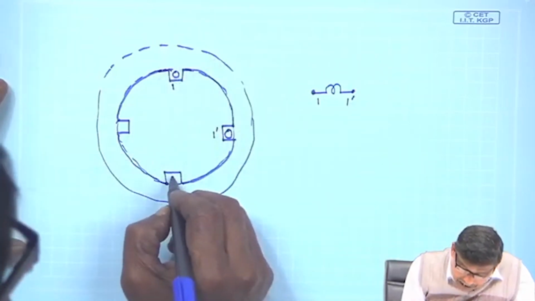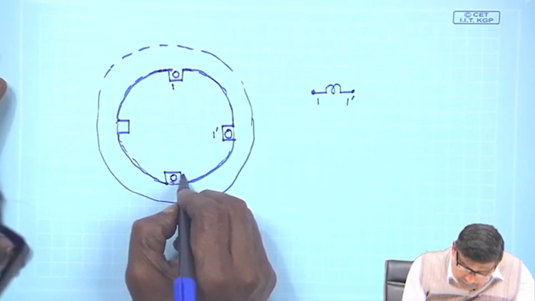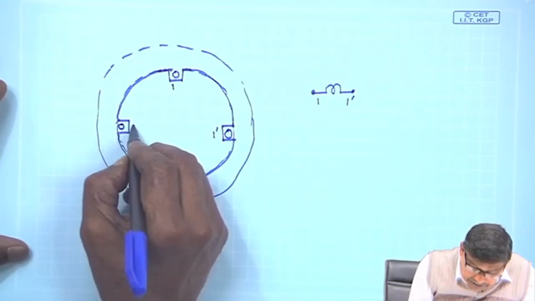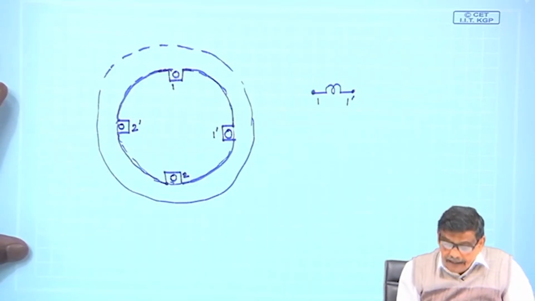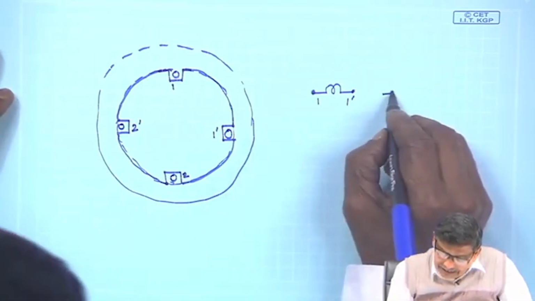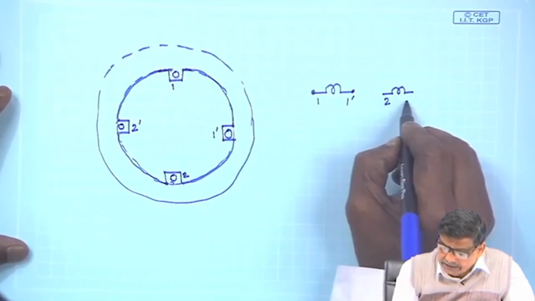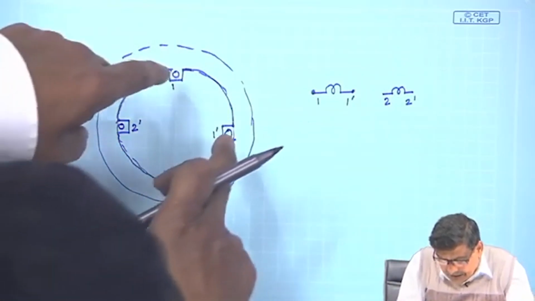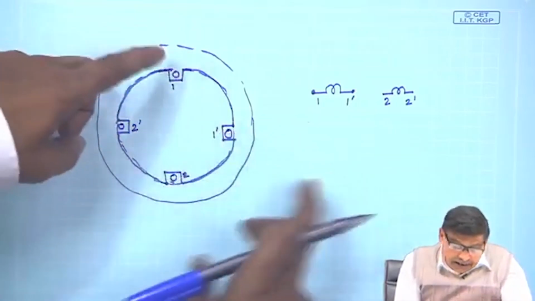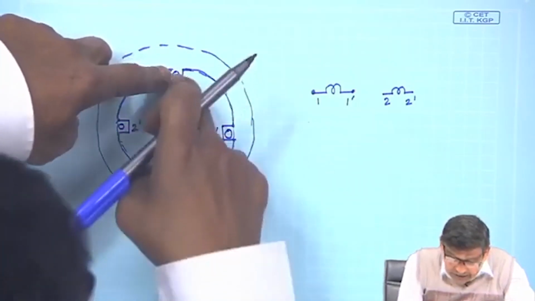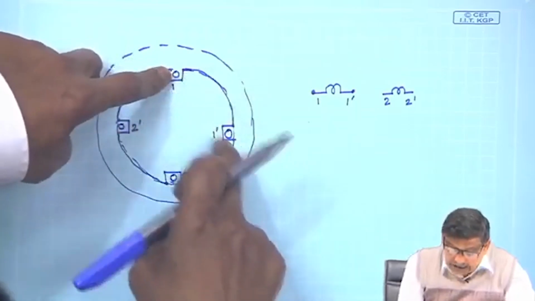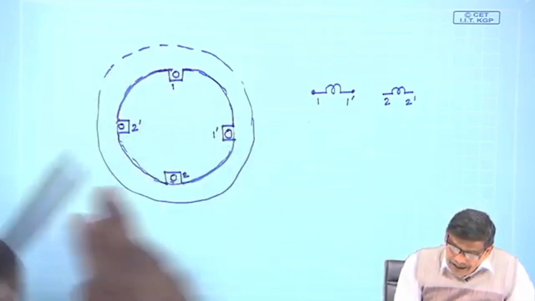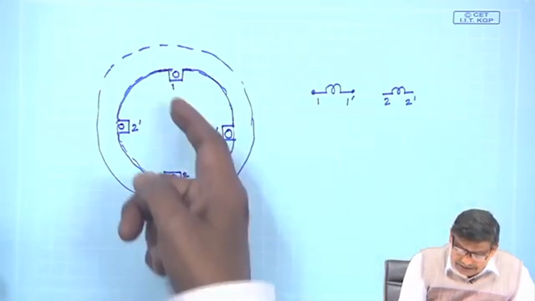Similarly, you have another coil, its front end is 2 and its return end is 2 dashed. Electrically, it is a separate coil, it has got its own identity, it has nothing to do with 1 dashed, no way, a physical coil here, a physical coil there. But for a change, 2 is not the return conductor of 1, 1 dashed is the return conductor. Similarly, 2 dashed is the return conductor of 2,